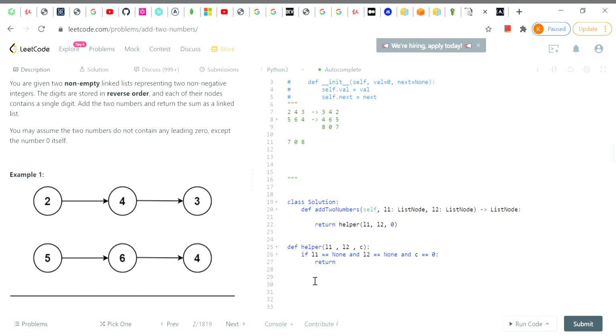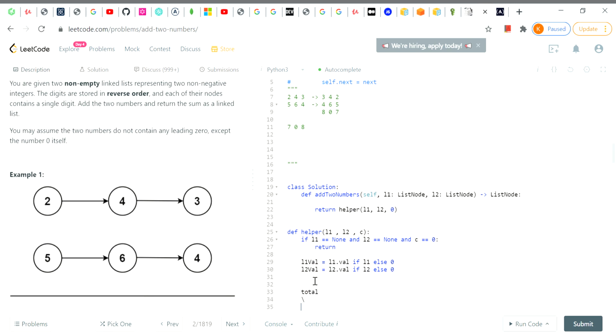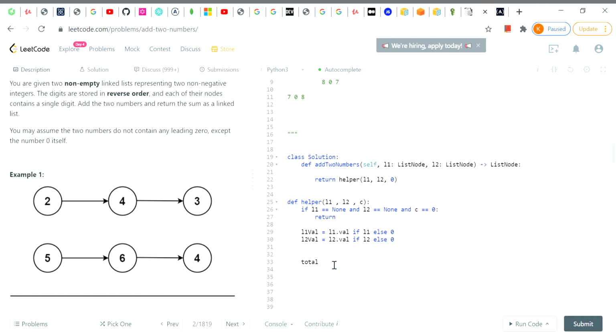Otherwise, L1 value is going to be equal to L1.val if L1 exists, else 0, and L2 value is going to be equal to L2.val if L2 exists, else 0, and then total is going to be equal to L1 value plus L2 value plus